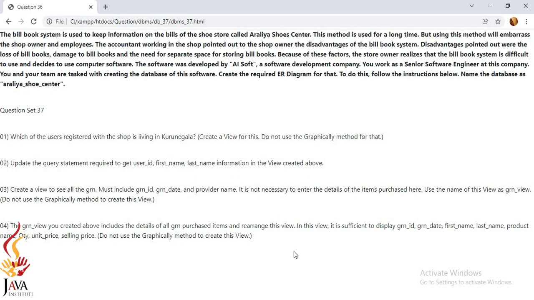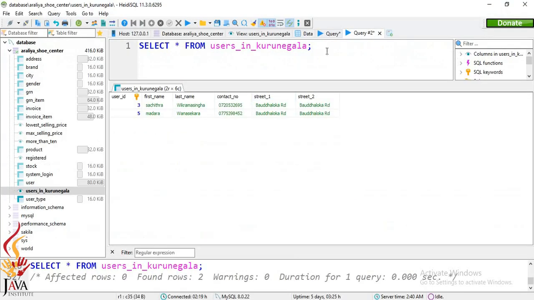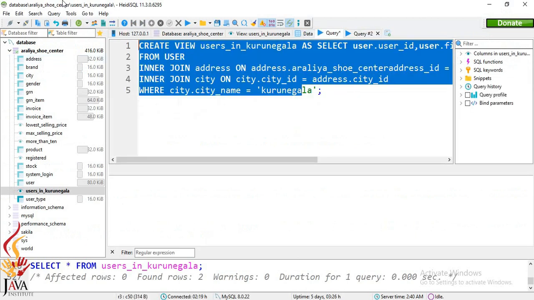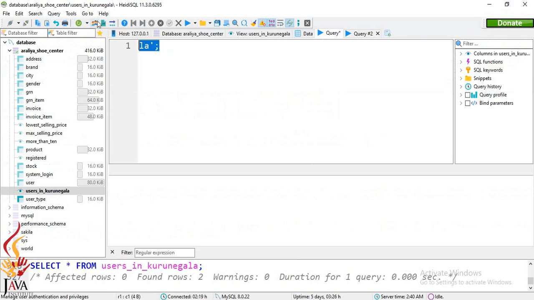So for that, I will write a query as select from user